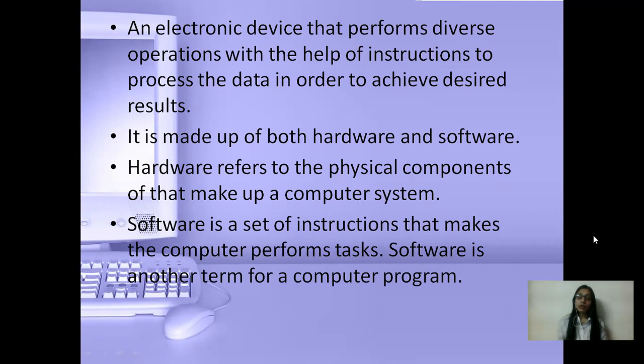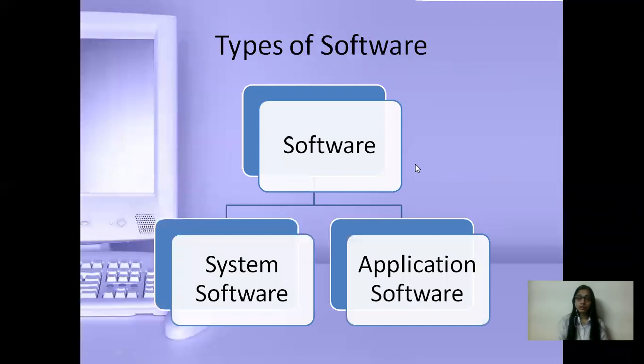And what is software? A software is a set of instructions that makes the computer perform a task. With a combination of hardware and software, if I'm moving my mouse, that means the software is telling the computer that the mouse is moving. This is the work of software. And with the help of this hardware device, I am able to give the instructions.